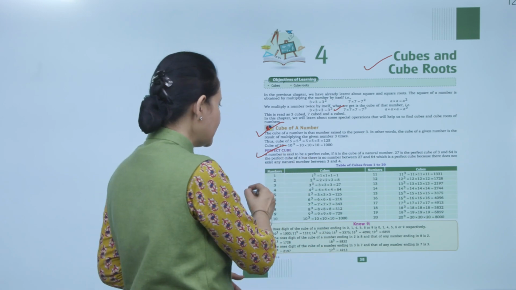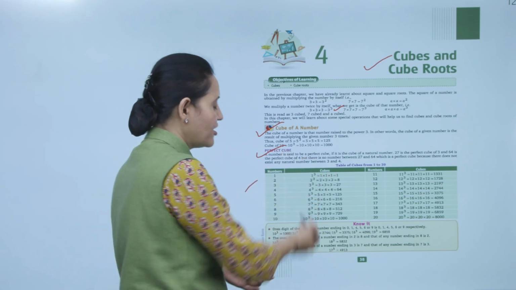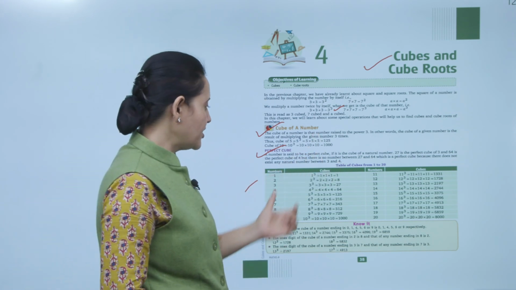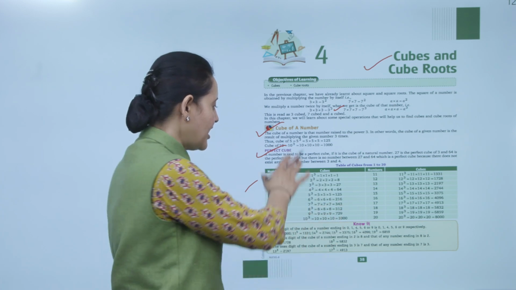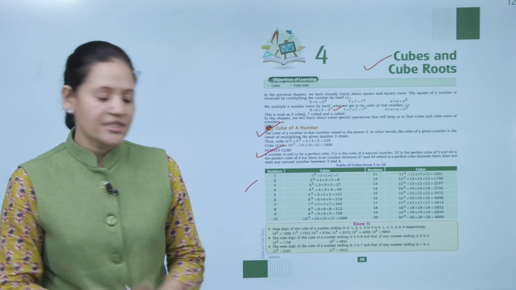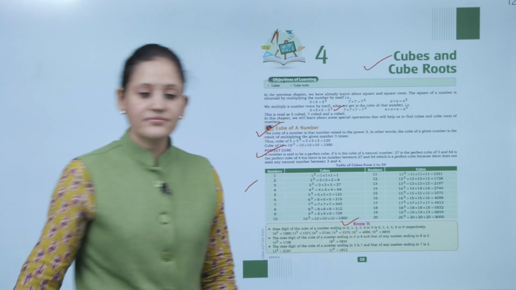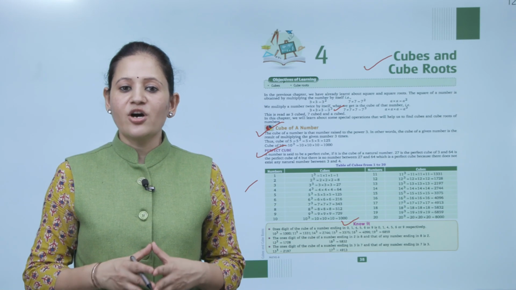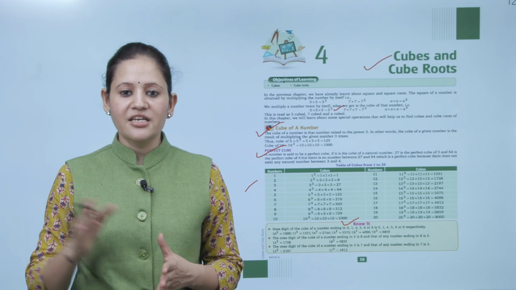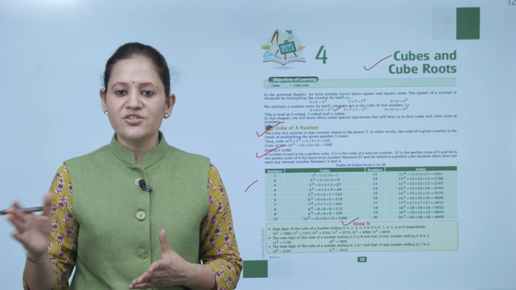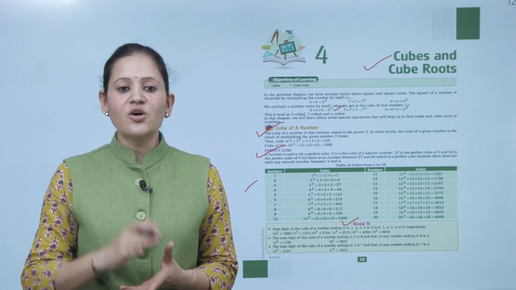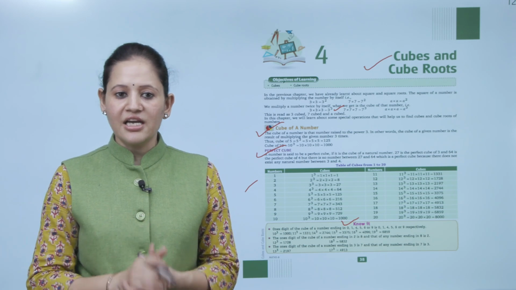So you can learn this table and you find out that, like here, the value of cube of 1, that is 1, cube of 2, that is 8, cube of 3, 27. Like here, cube of number 1 to 20 are given here. Know it. Ones digit of the cube of a number is 0, 1, 4, 5, 6 or 9, is 0, 1, 4, 5, 6 or 9 respectively. Like cube of 10, that is 1000, cube of 11, that is 1331, and so on.